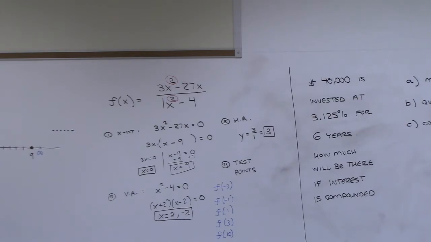Y'all are comfortable with that? Picking them? Now plugging them in, how many of you are actually just plugging them in and not doing that shortcut? Just plug them in? And there's nothing wrong with that. I mean, it just takes a little longer, but you get good values that way. The shortcut requires that you factor and you keep track of signs. It can be a little bit tedious also, but gets you there.